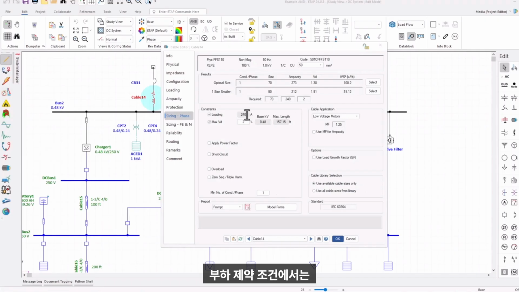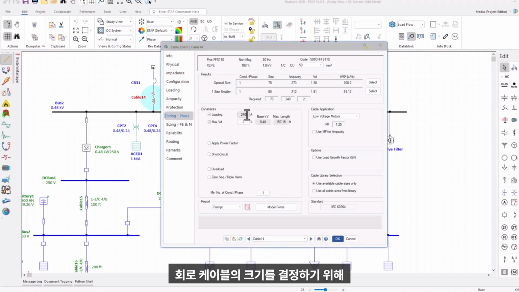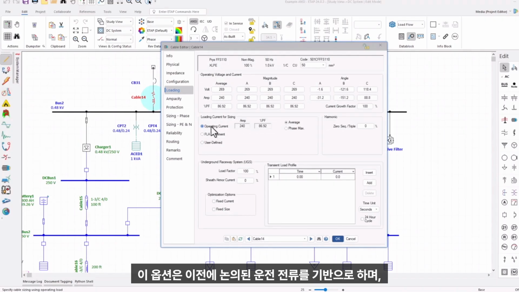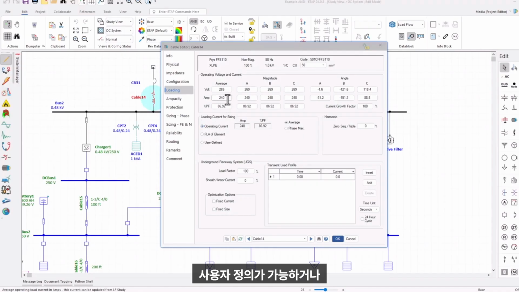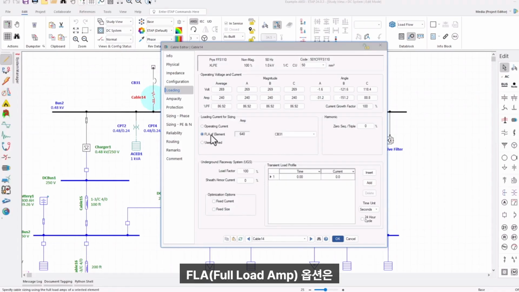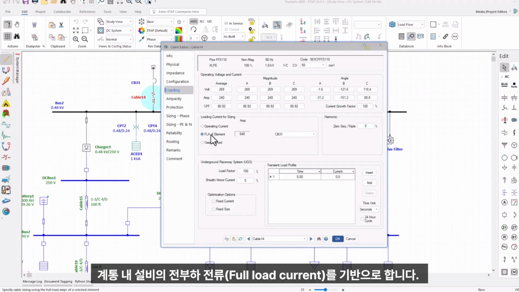In the loading constraint, we can view the loading current for which we want to size our cable to be based on. This current can be specified in the loading page in the loading current for sizing section. In this section, there are three options to choose from. Operating current. This option is based on the operating current, which, as previously discussed, can be user-defined or updated based on load flow result. The FLA of element option, which is based on the full load current of an element